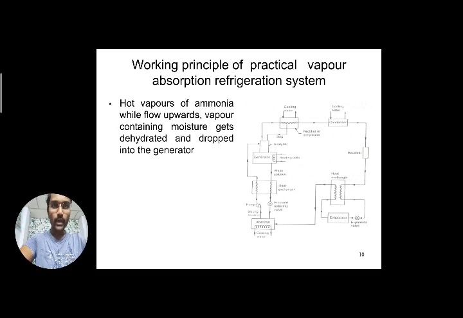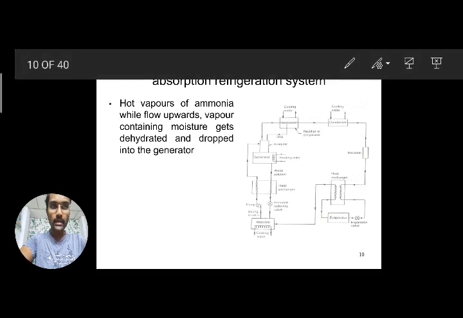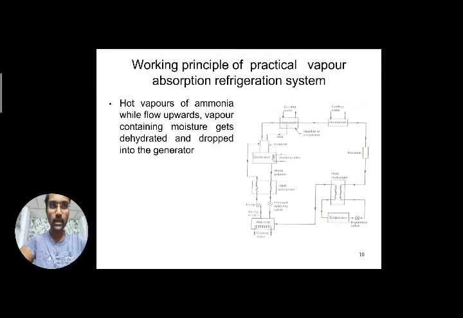So here, hot vapors of ammonia, while flowing upwards, the vapor containing moisture gets dehydrated and dropped into the generator. How is it possible in this case? During its evaporation, a little amount of water vapor is present in the ammonia. Ammonia vapors are there with a little amount of moisture. It means a combination of water droplets will be there in the ammonia vapor whenever it is moving into the